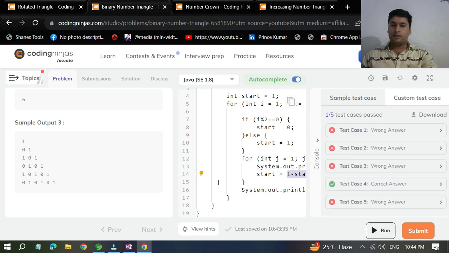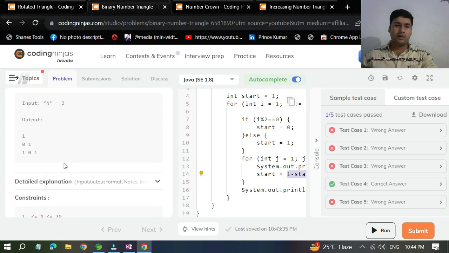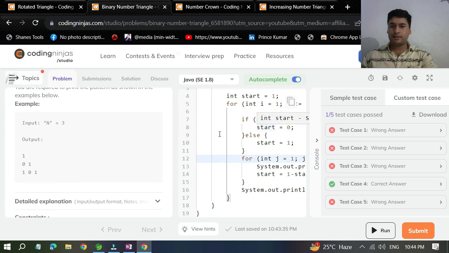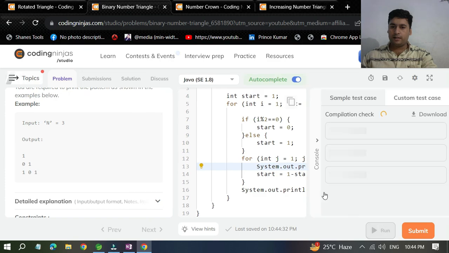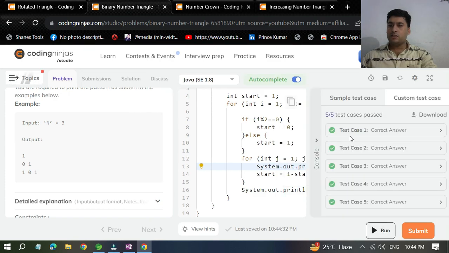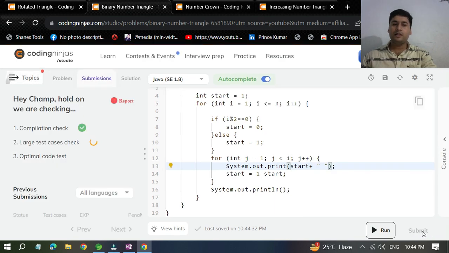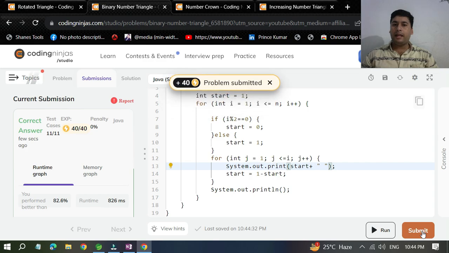Oh my god, some of the cases are not satisfied because they are expecting the space. Correct. So what we can do is we can give the space, nothing else we have to do. So while giving a space in between, we can print our start plus some space they require. So we can give it, no issue in that. And once we give it, all the test cases passed, and we can submit it easily. Okay, so this is the code. And I hope you can do it, and